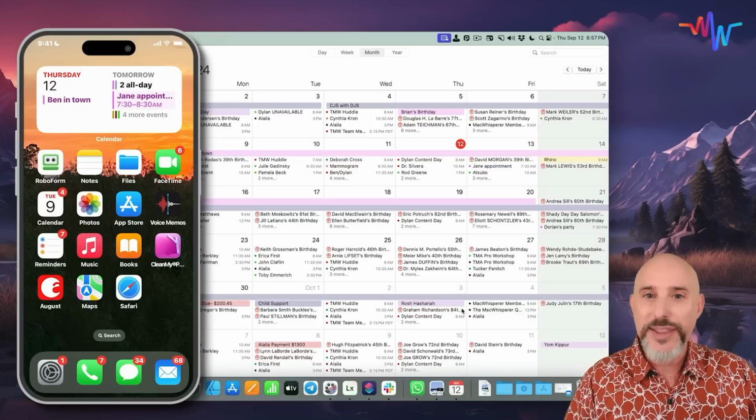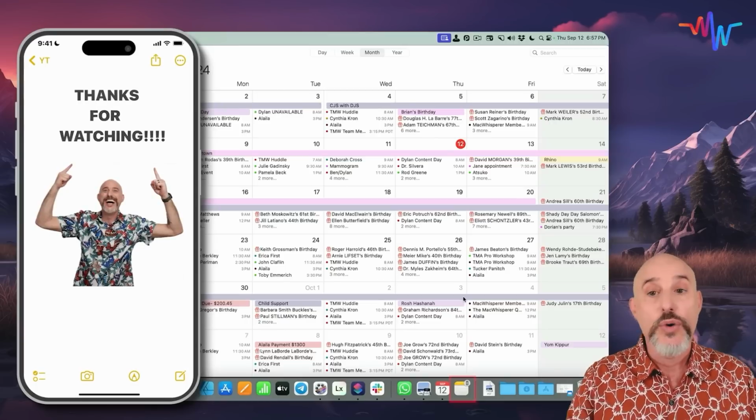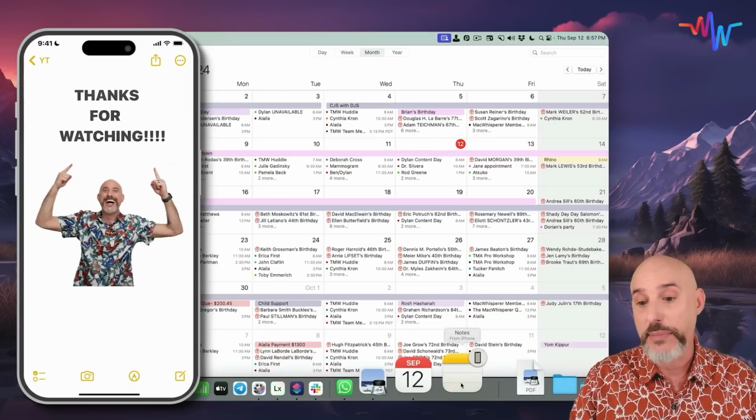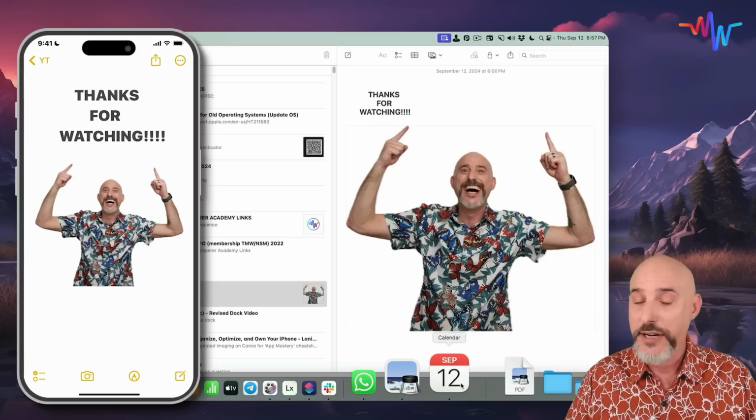So let's try it one last time with the Notes app. I'm going to open up Notes on my phone just like this. We'll see the little icon pop down at the bottom here, and when I click on it, there's that note